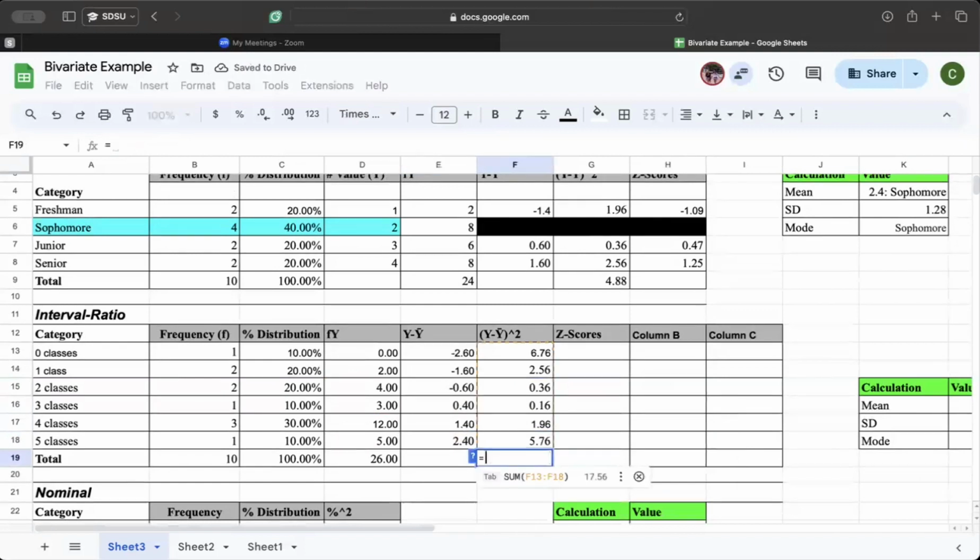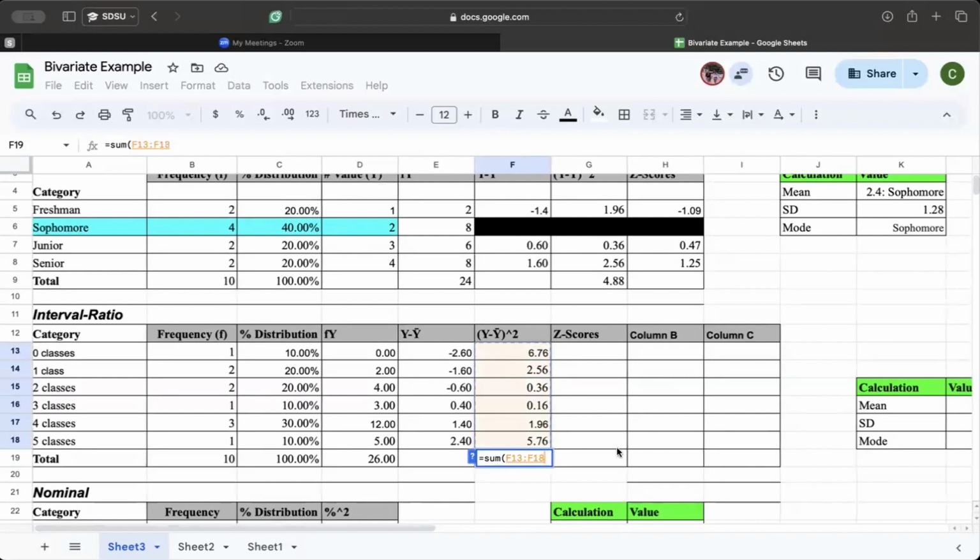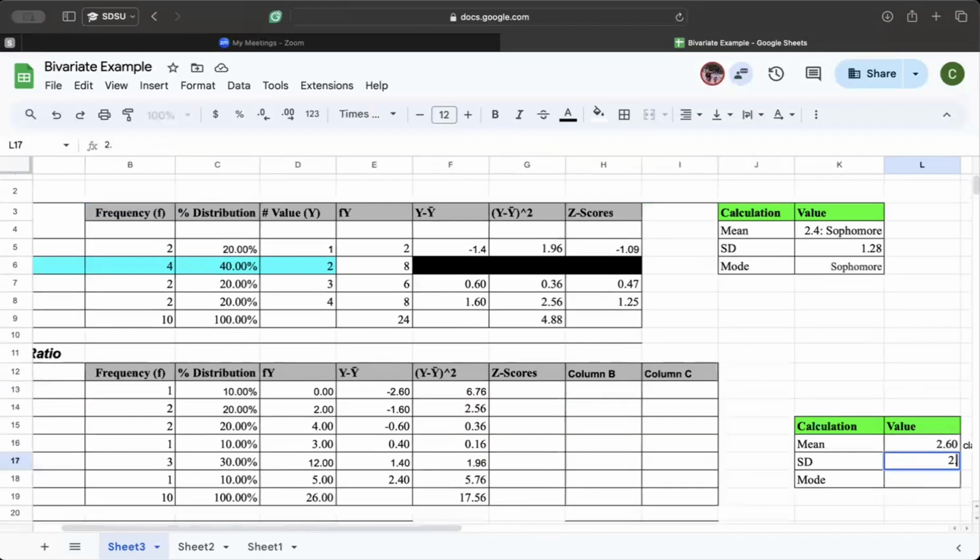Okay. Again, because the formula is the sum of my y minus my mean squared, I'm pressing equals sum, opening my parentheses. I clicked on the first one, pressed shift, held down all the way to the bottom, and that gave me my sum. Now with that, I'm going to do my formula again, which is the square root of 17.56 divided by, in this particular case, my n minus 1 is actually 10 minus 1, which is 9. And that gives me a standard deviation now of